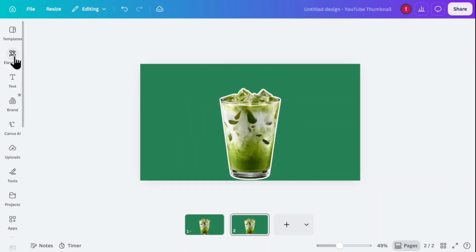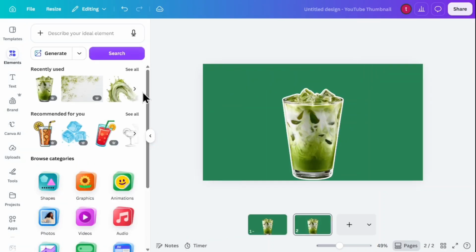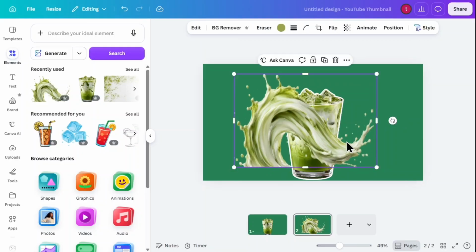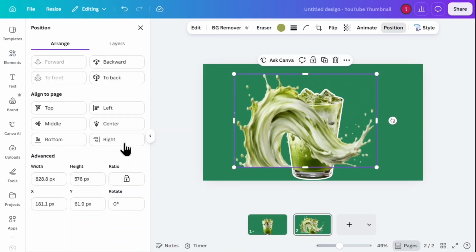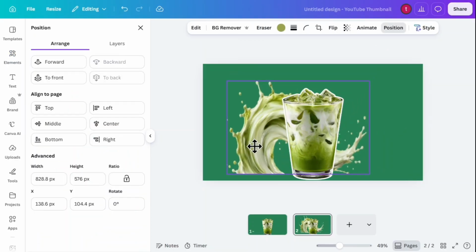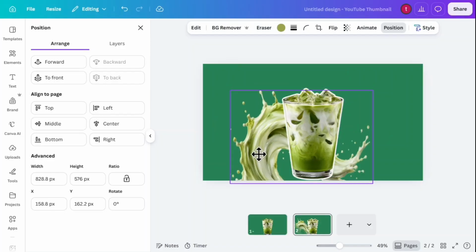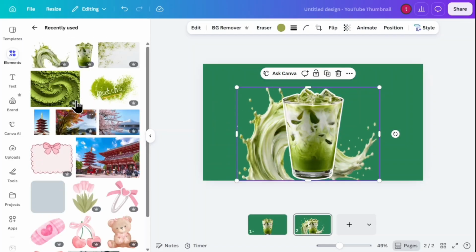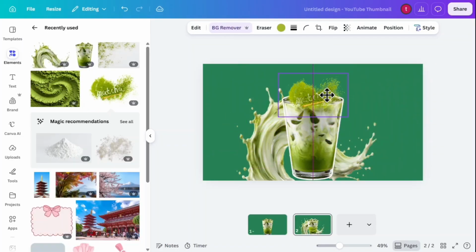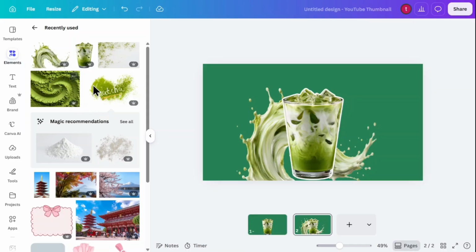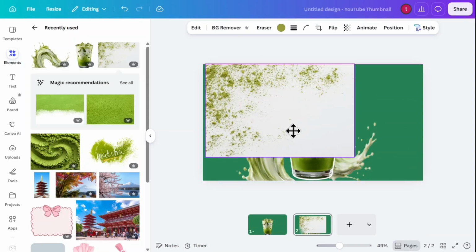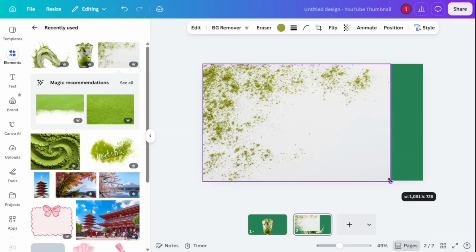Next, I open the Elements tab from the left sidebar. From my recently used elements, I select a green liquid splash and place it onto the canvas. I click on Position at the top and send it backward so it sits neatly behind the drink. Then, I select a matcha powder graphic, resize it, and position it over the design. To add more depth, I select a powder texture overlay, scale it up across the canvas, and adjust its position